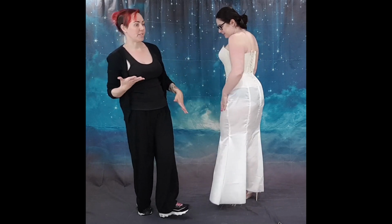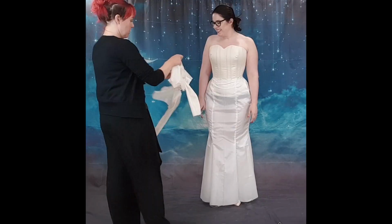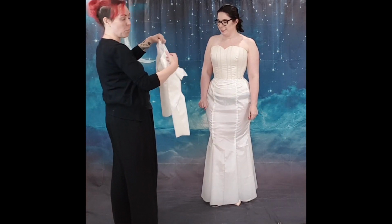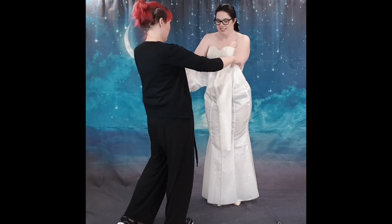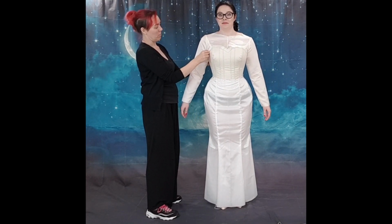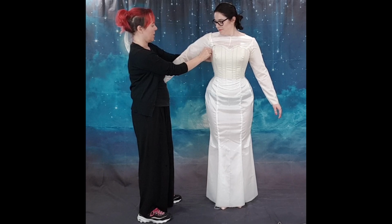The top part we're still working on. Let me show you. Still figuring out these sleeves and getting the movement right. So it's way better than it was yesterday. Yeah, the sleeves are just still not right, and if you try and move your arm up, they're still...